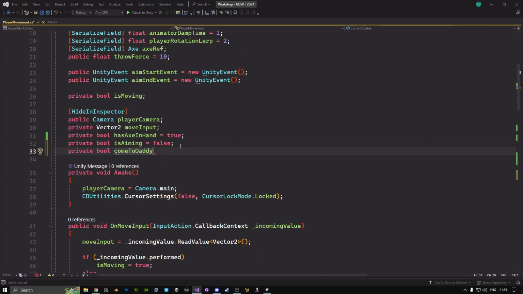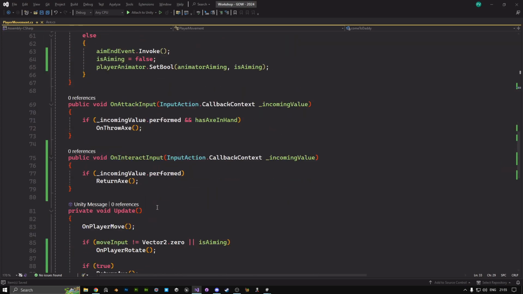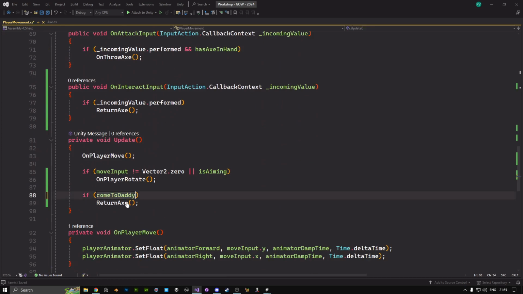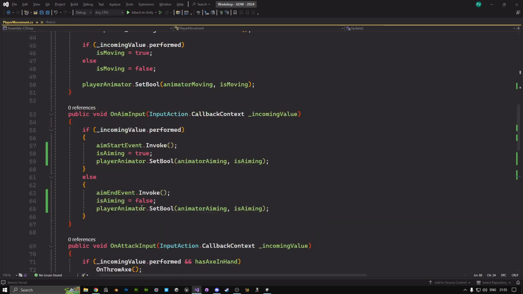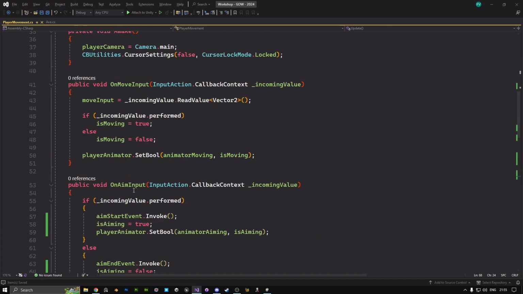Doesn't that sound dirty? There we go. That's going to be the if come to daddy is true, return the axe. Okay, so that's going to go, and when we press the interact button,